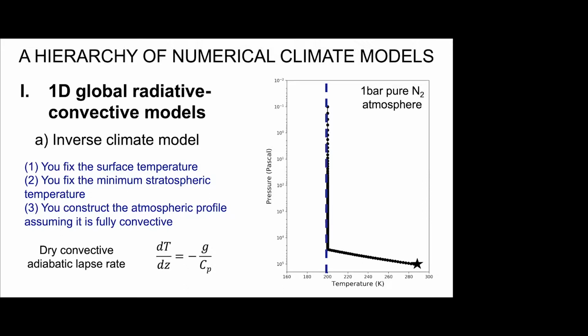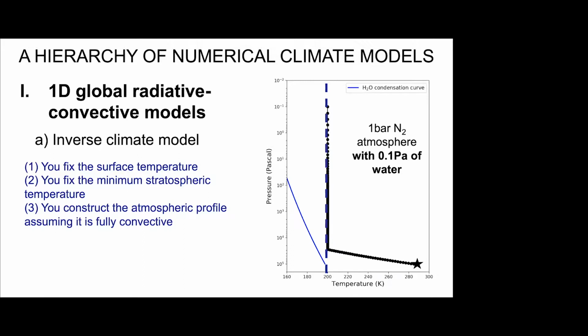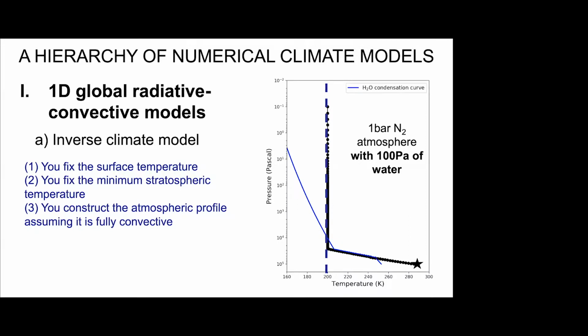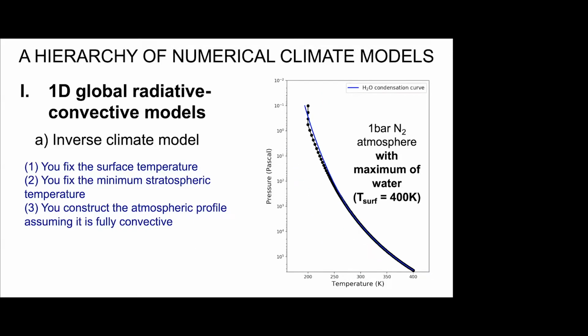So you can add even more water, but at some point, if you keep the temperature at the temperature of present-day Earth, you won't be able to add more water than what thermodynamics and the Clausius-Clapeyron law tell you. So if you want to add even more water, you need to increase the surface temperature of this planet up to the point that you can start to stack a lot of water vapor in the atmosphere.